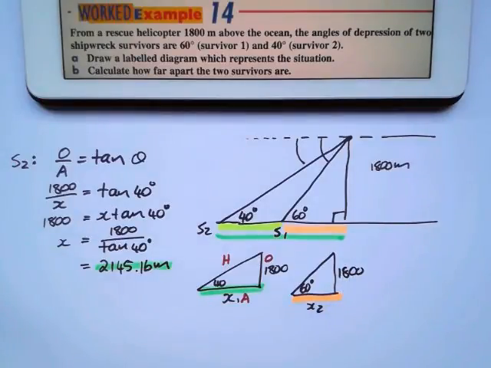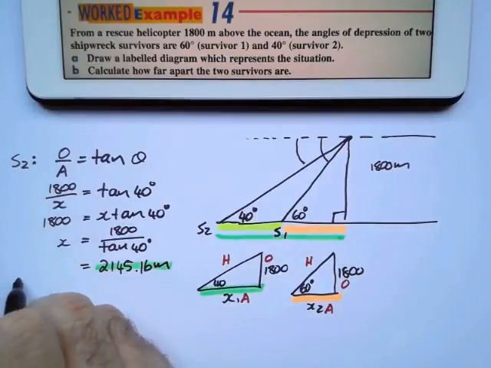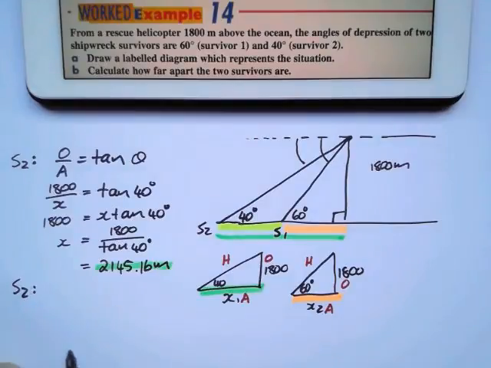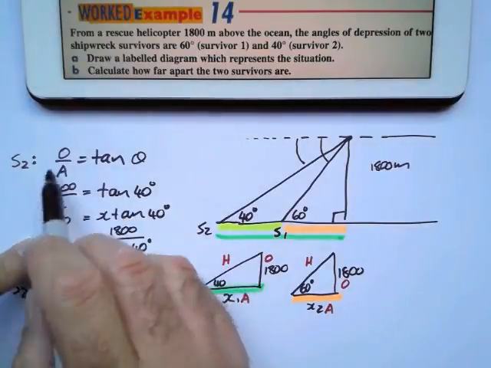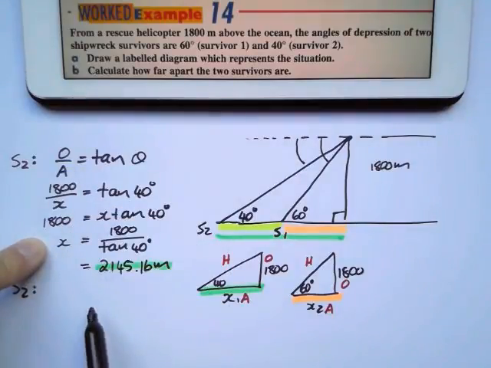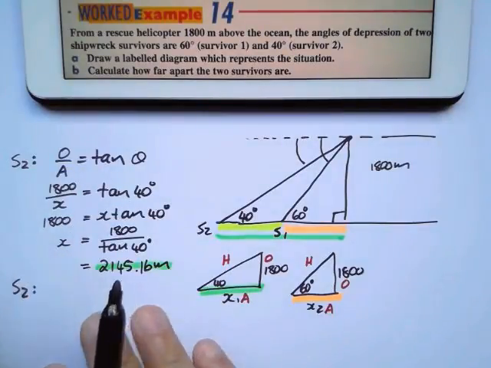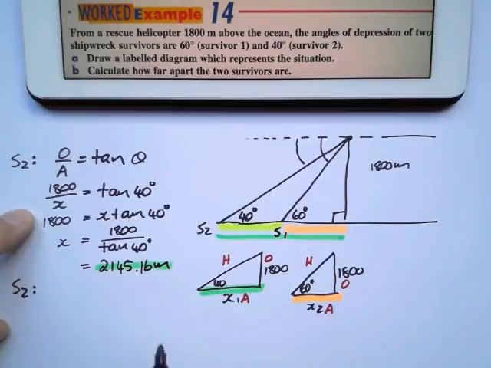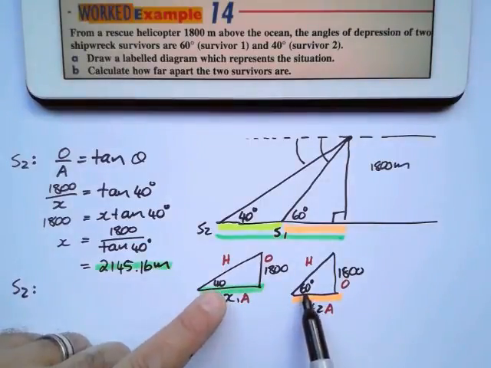If I label it O, A, and H, opposite, adjacent, hypotenuse, it will look exactly the same. So for survivor 1, instead of using exactly the same thing, I already did that calculation. Please, if you can't do it, do everything again. But if you can see that these two are exactly the same, the only difference is